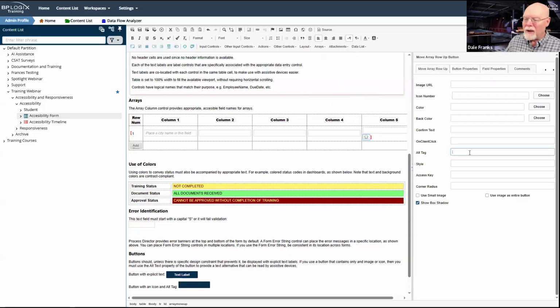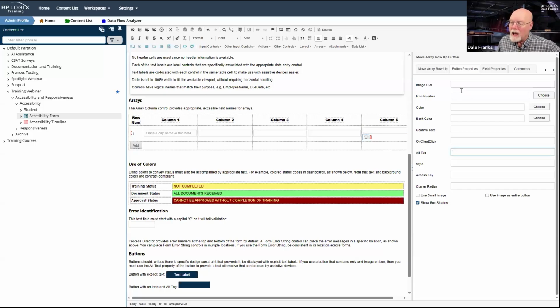Because if I'm limited in space, like I usually am in an array, the amount of horizontal space I have is fairly strictly determined. And so therefore I need to save as much horizontal space as I can. So when I want to throw these three buttons on here, I will generally toss them on as image buttons, and that is the default whenever you drop one of these buttons on here.